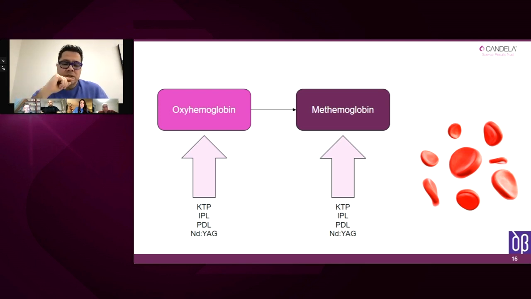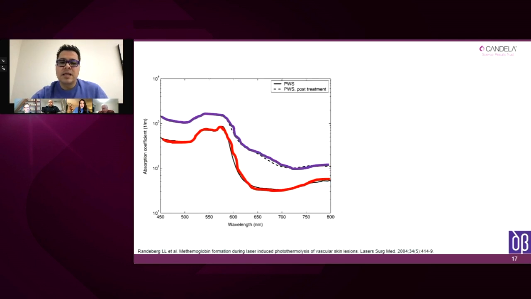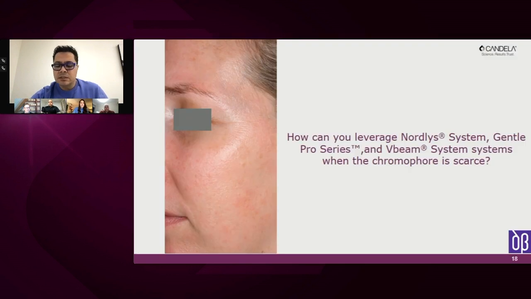The first pulse transforms oxyhemoglobin to methemoglobin, and this second one has more absorption of the light, so we can take advantage of converting oxyhemoglobin with the first pulse into methemoglobin, and with the second pulse, this latter is going to absorb the light more properly. So this is the second question that I would throw to our speakers.